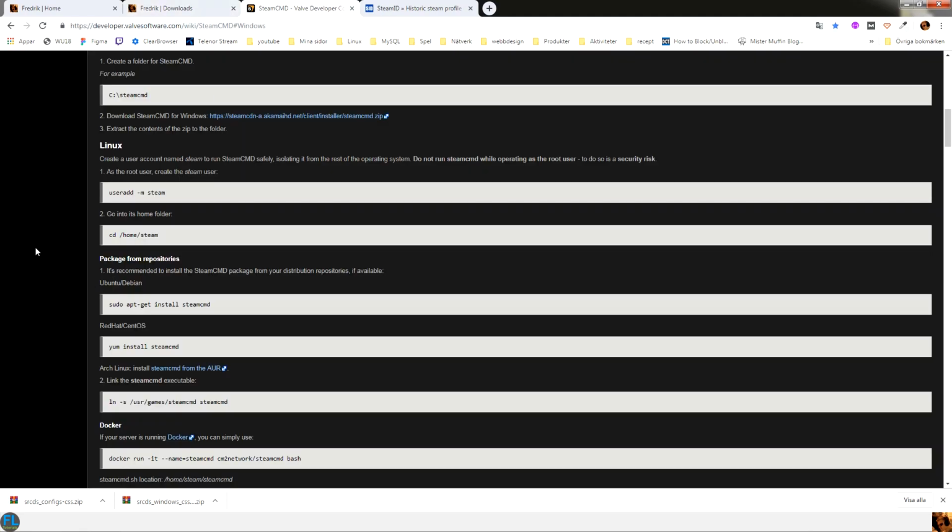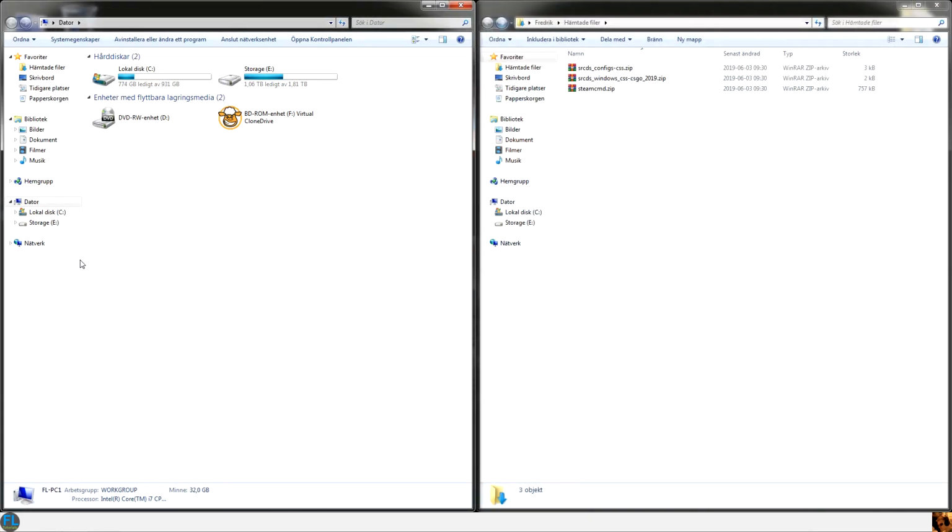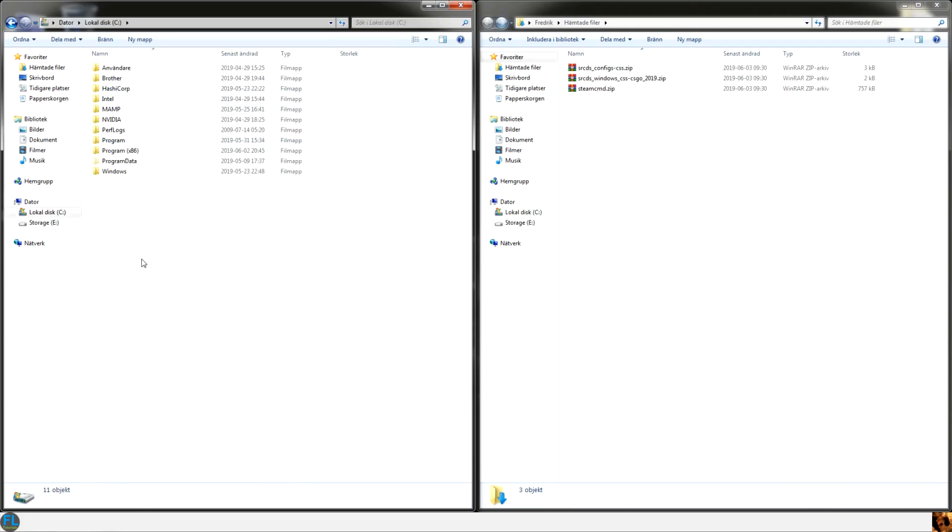Okay. And then we also need to download SteamCMD, and you can use this page to get your SteamID. Your SteamID will be used by SourceMod if you want to have admins. Okay, so to install SRCDS we are going to go to our C drive, make a new folder called